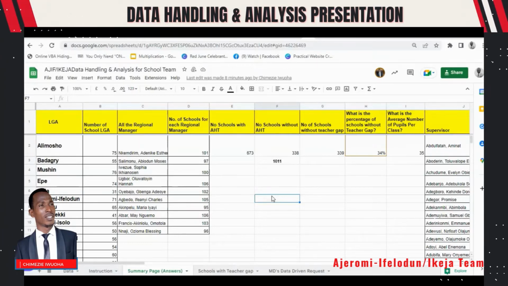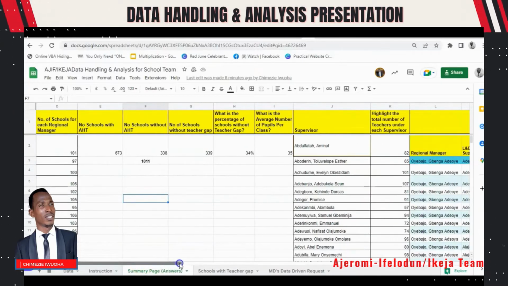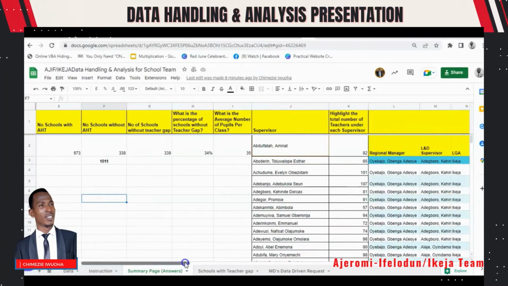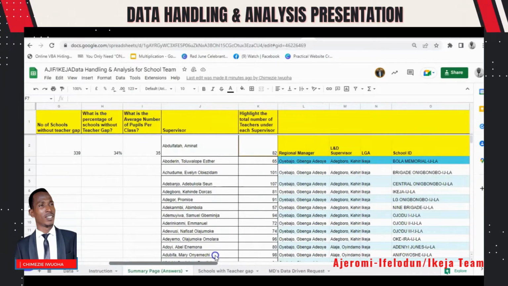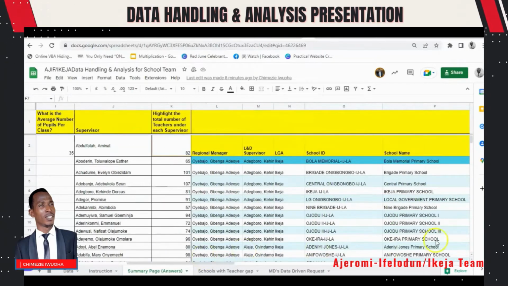What is the average number of pupils per class? So we're able to get that we have 35 pupils per class on average across the whole schools. So here again, we came to find out who are the supervisors in this region, and we used the unique function to get that. In highlighting the total number of teachers under each supervisor, we used the summary function to find out what is the total number of teachers